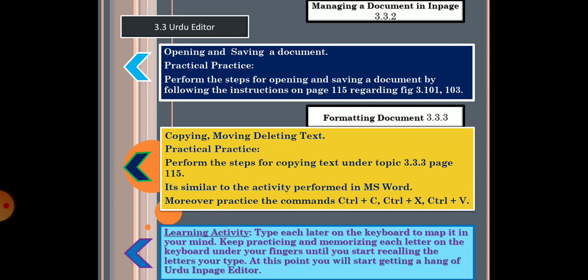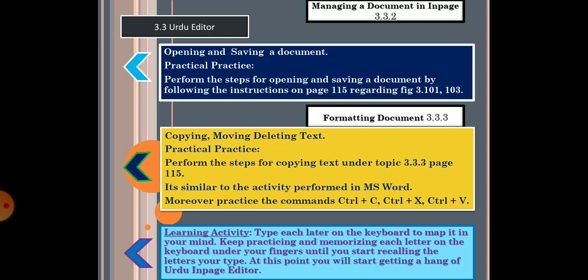If you have alif, waw and re, and you press Control Z after writing re, pressing Control Z again will not make waw disappear. Similarly, if you had written A B C in MS Word and kept pressing Control Z, the text would track back by vanishing C, then B, and then A. This is not possible in Urdu InPage, so keep that in mind.